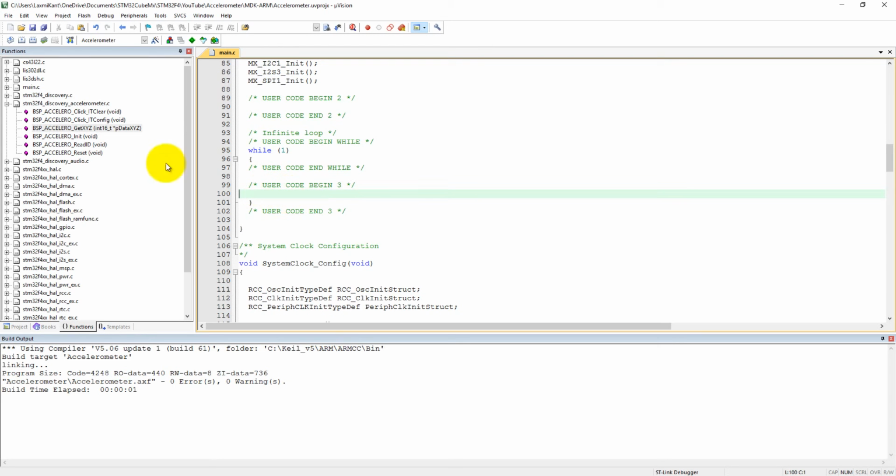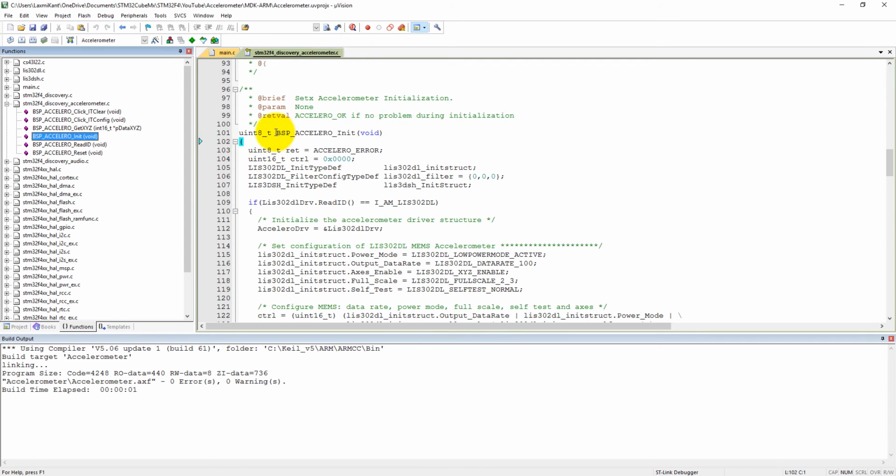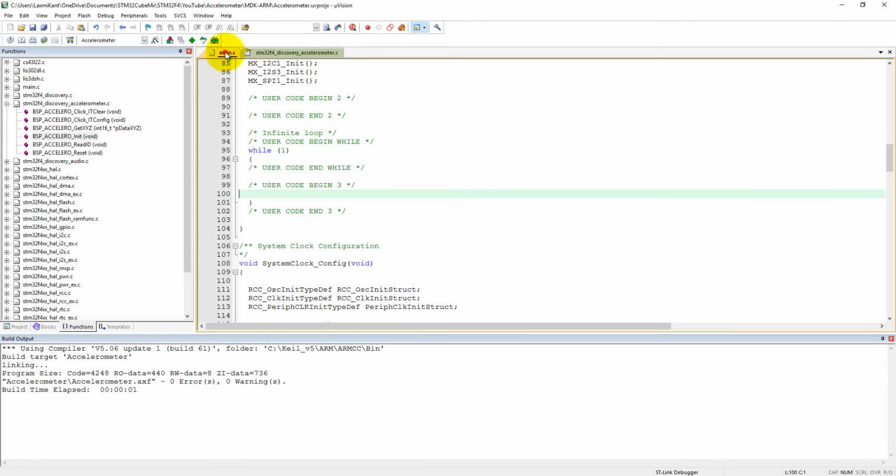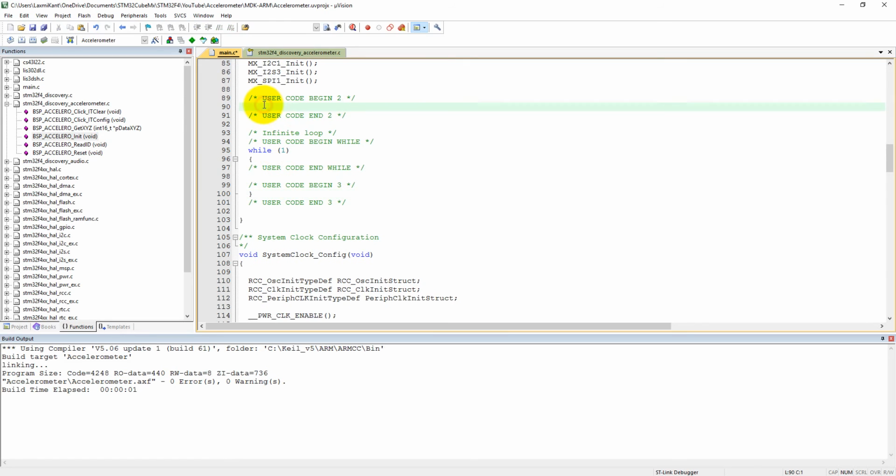First line, we will just simply initialize accelerometer. What we can do, we can just copy it from here, and then we can paste it here. Okay, just press a tab here, and then remove a word. Okay, sorry, we cannot initialize it into the while one. Okay, we need to initialize it here,